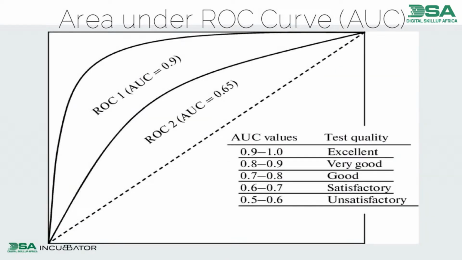Then I gave you this: how do you know that your area under the curve is good? I gave you these metrics. When it falls between 0.5 and 0.6, it's unsatisfactory. That's when you have 50 to 60%. 60 to 70 is okay. 70 to 80 is good. 80 to 90 is very good. 90 to 100, but I've told us no model is 100. By the time I start seeing your model having 98, I will question some things and do some underground work. And all of you will make it.